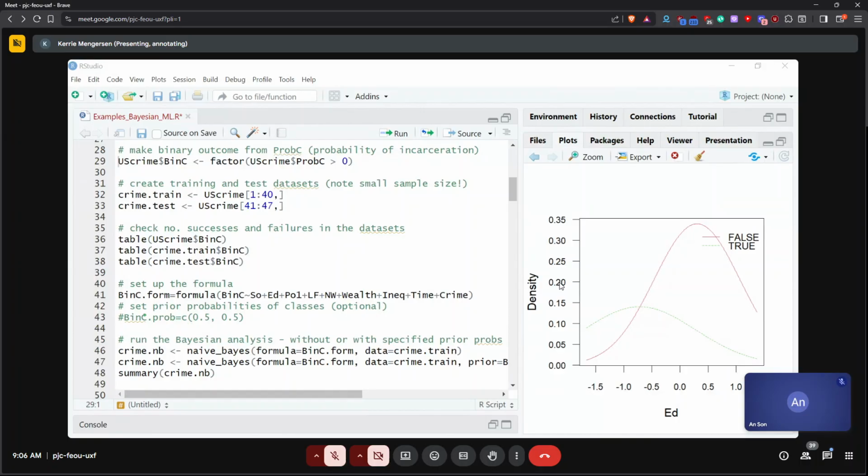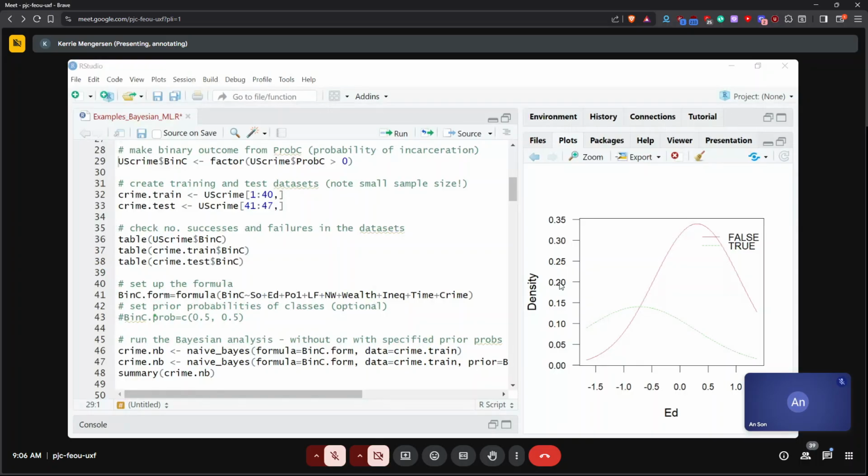Now you can set a prior probability of a class. If you don't set the prior probability of a class, so this is in the package naive Bayes, which is an R package, the prior probability of the class will be just the observed proportion of observations in those classes, okay?